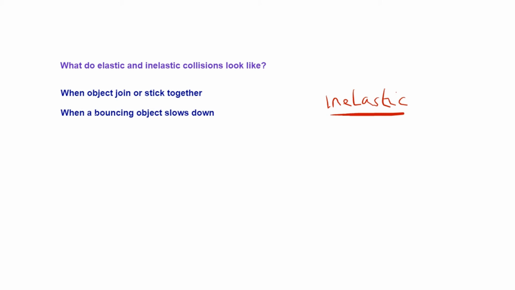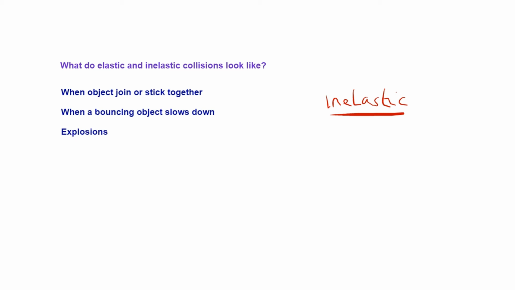Also, if you have a bouncing object like a bouncing ball, if you drop a tennis ball on the ground, it bounces up more slowly than it hit the ground. So kinetic energy has been lost. So that's another good example of an inelastic collision. You might get a more or less inelastic collision from a bouncing ball depending on the type of the ball. And another example